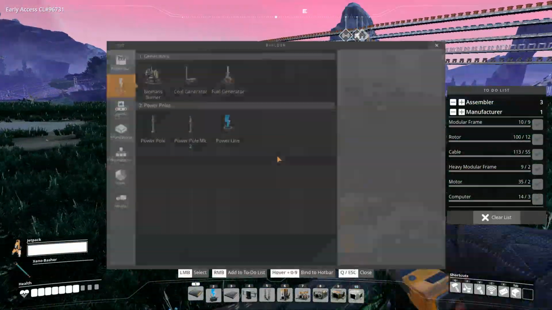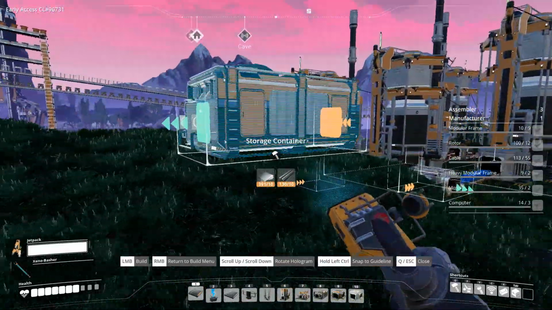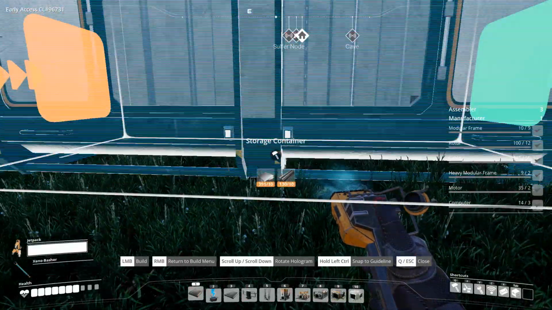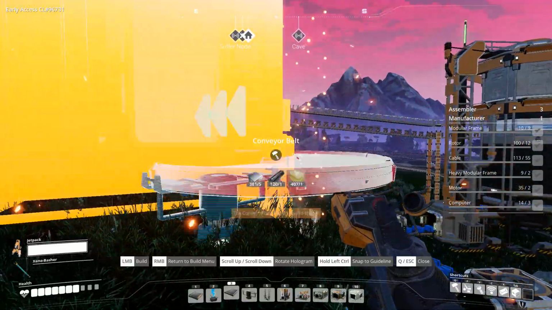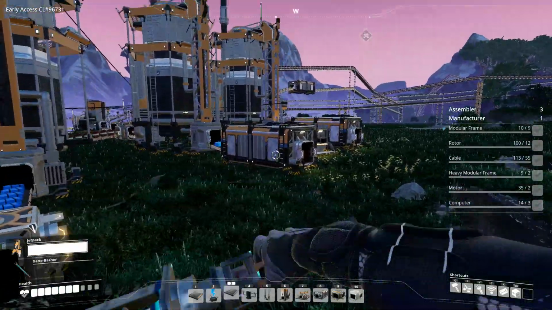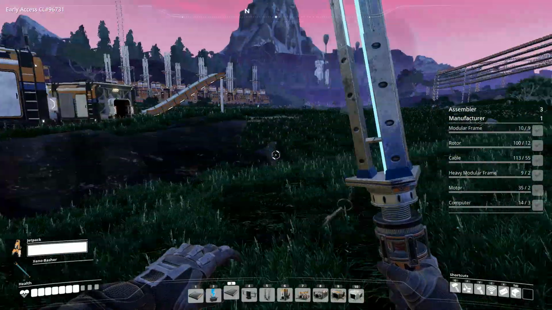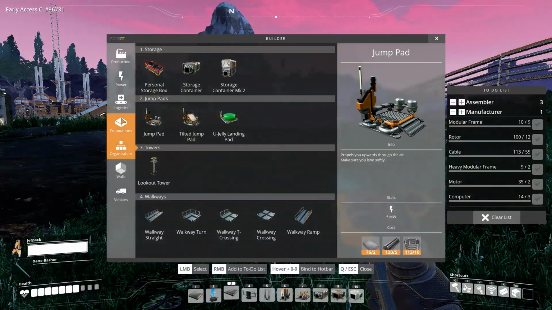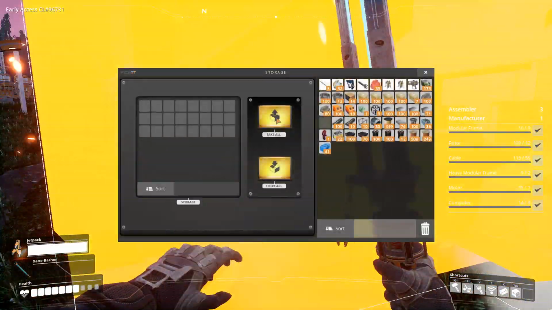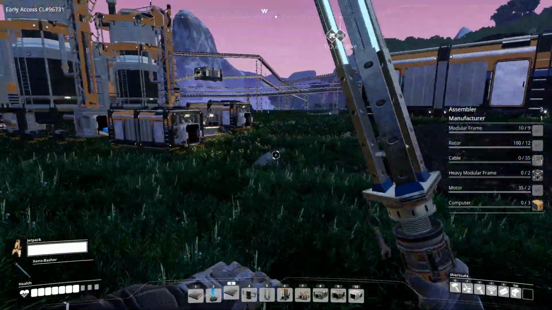Nope. A organization storage container. Actually, let's put our storage container here. Out of that belt into. My inventory is full. Okay, new storage container. Store all. That didn't get me very far. But